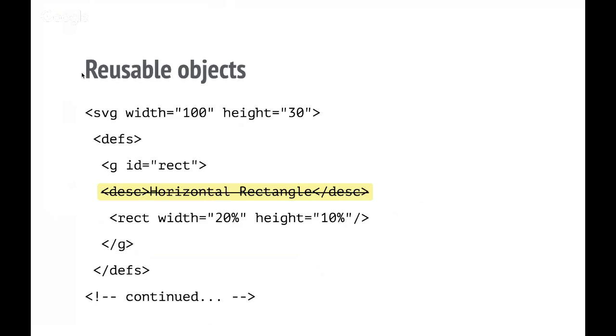there's a feature in SVG which allows you to create reusable objects. You define a little bit of graphics with an element called defs. Here we've defined a rectangle. We've put in a description because that's the logical thing to do. And we have a rectangle. If you go to the next slide,